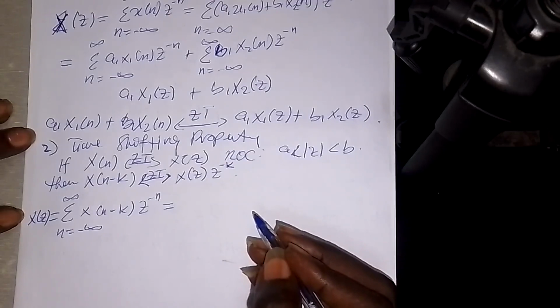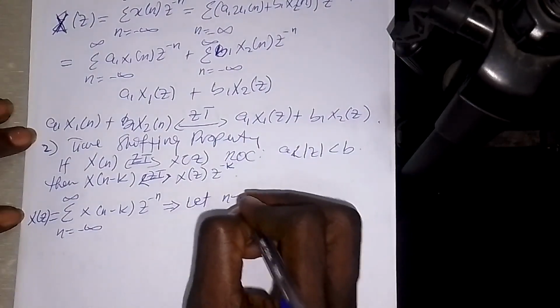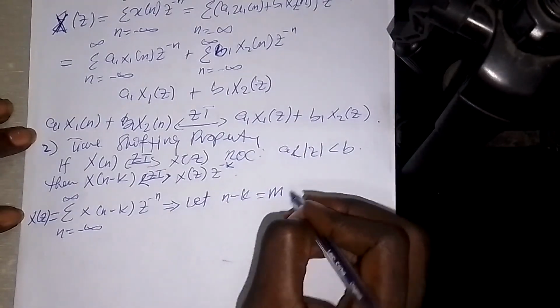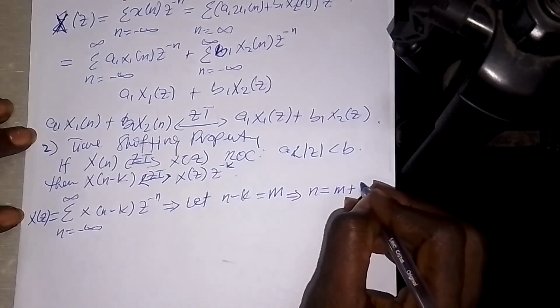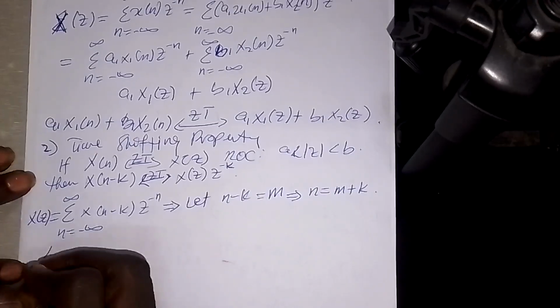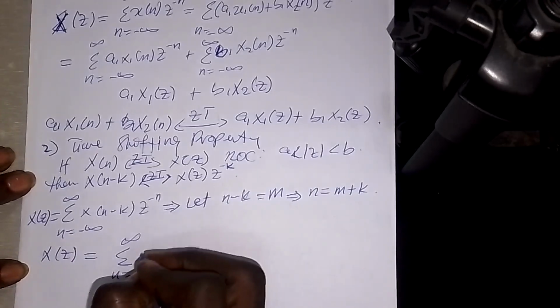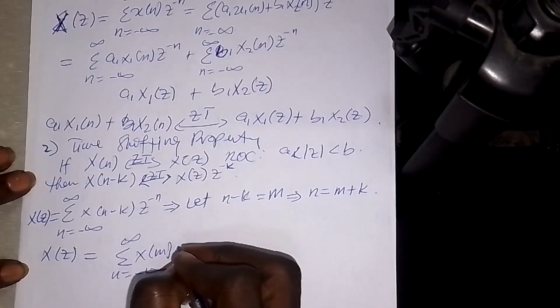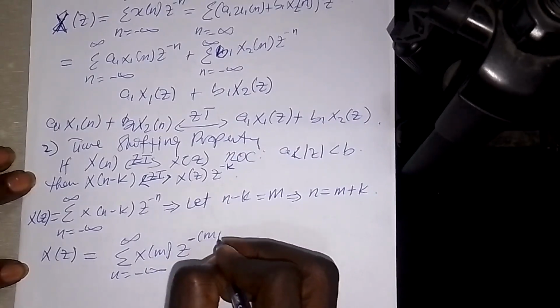To have this, let me say let n minus k be equal to m, and then let n be equal to m plus k. So if I have that, then my X of Z is now the summation from n equals minus infinity to infinity of x of m into Z to the power minus (m plus